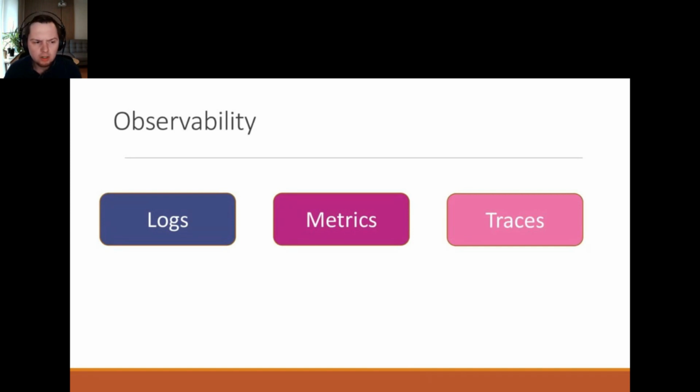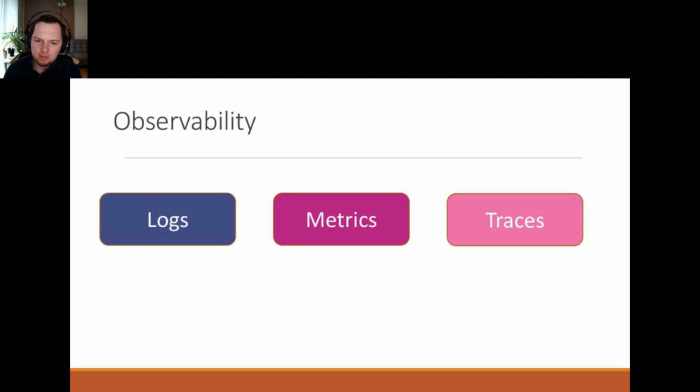First of all, you need logs. Probably you all know what I'm talking about: structured and unstructured lines of text that the system produces. Then we have metrics, which is pretty obvious as well. These are values that express some data about the system, for example how many times your function was invoked.